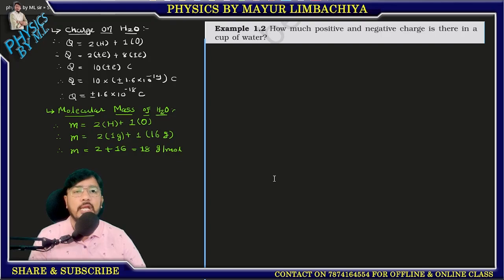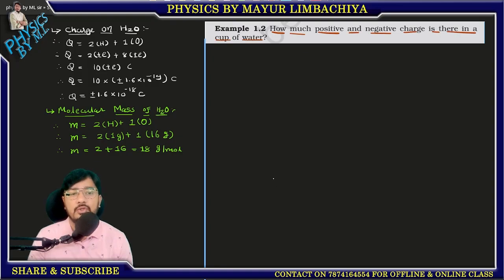Dear student, in today's lecture, we will solve example number 1.2. The definition of 1.2 is already given on your screen. So let's understand what parameter is given, and based on that parameter, we will solve the problem. The parameter given inside this example is how much positive and negative charge is there in a